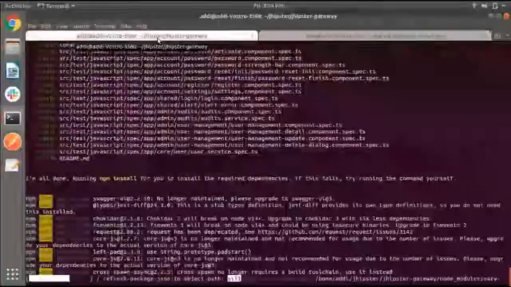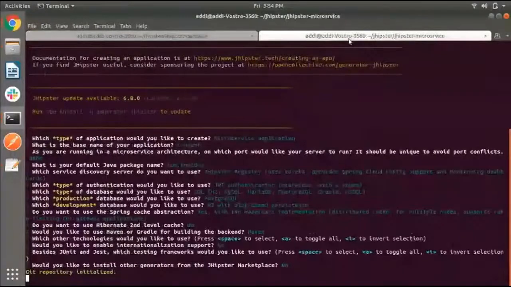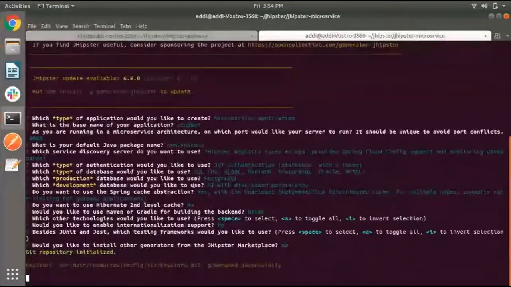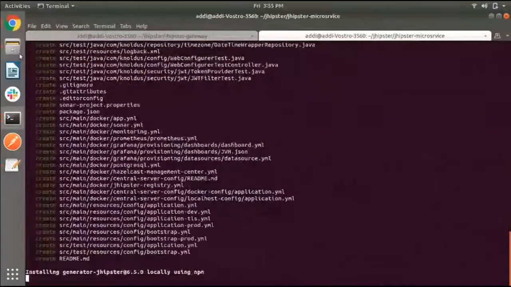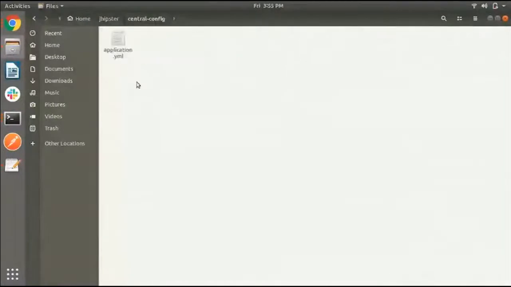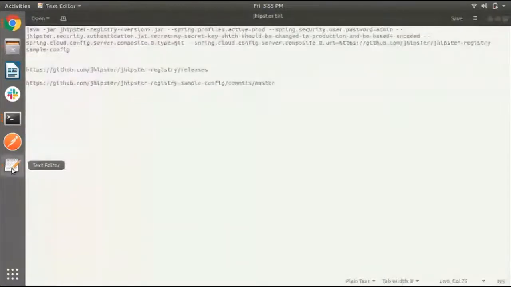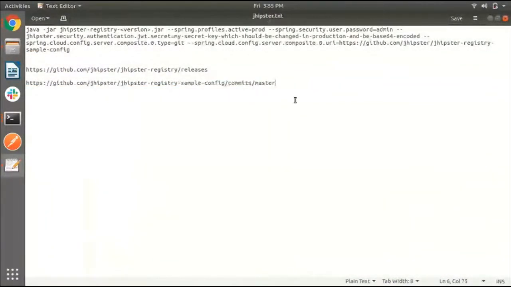It is still creating, and this will also start creating soon enough. Before we start everything, we have to first make sure that we have an application.yaml file in central config. This file is required to start the gateway and make it work for us. Where can we find this application.yaml file? The link is in the presentation already. So we are going to this link.